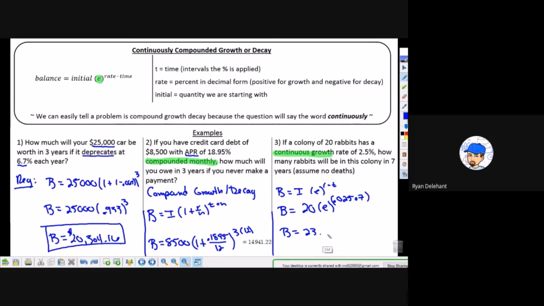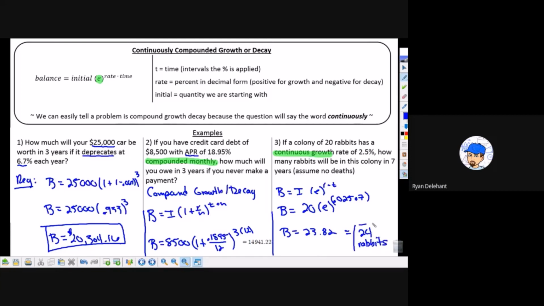So this tells us that our balance is 23.82. Now, quick thing about how to write your answers for this. The first two were money, so I rounded to 2 places because we typically count money in pennies, right? Should I leave rabbits at 23.82? Why not? What's 0.82 of a rabbit? Yeah, we're not going to go there. Either have a rabbit or you don't have a rabbit. So with this one, you round to a whole number, and it's usually round it like you normally would. If that's 0.5 or more, round it up. So we would say that this would be 24